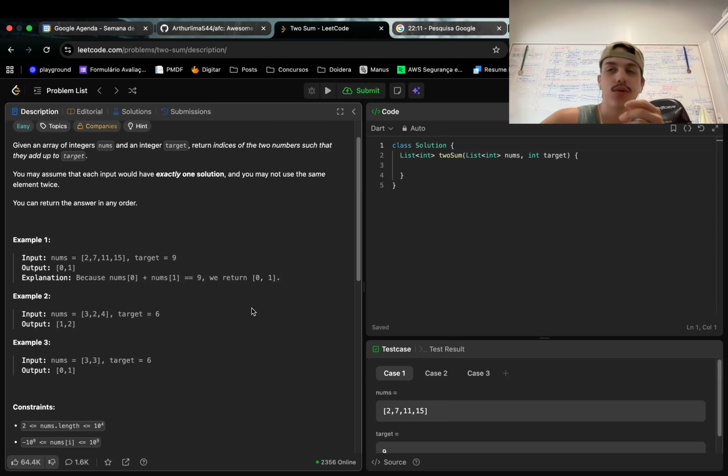I'm trying to be fast and I'm not thinking enough. Let me think a little bit about what I'm doing and what I need to do, right? So my idea was to copy this array and pass it like a hash. So each number here I would use as a key, and inside the value of the hash table I will